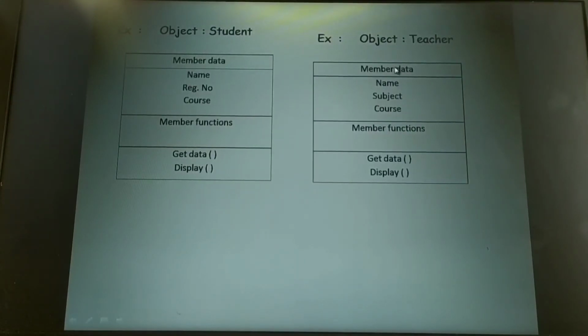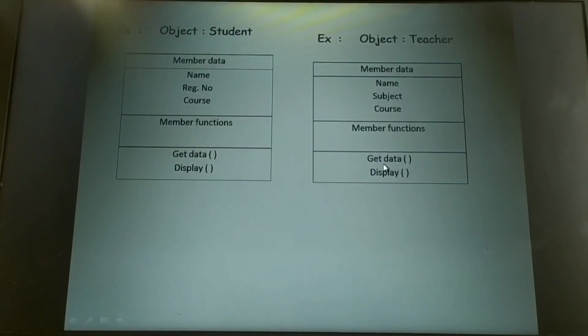Similarly, we have one more object known as the teacher. Here also we have certain common characteristics that any teacher can have: name, the subject they teach, and course. Similarly, what might be the member function of this teacher, what might be the behavior? Teaching is the behavior of a teacher. Here in this example again we have taken get data and display as the member functions.